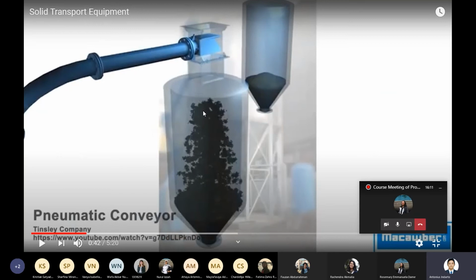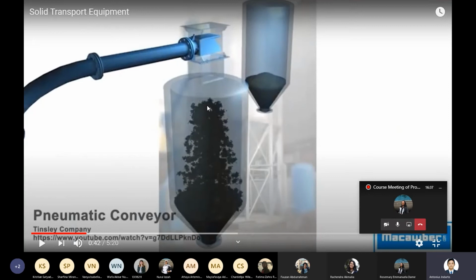As you know, the cyclone's principle is that it uses centrifugal force to separate the gas and the solid. Why can it be separated? Because the density of solid is much higher compared to gas, so the solid will go down.